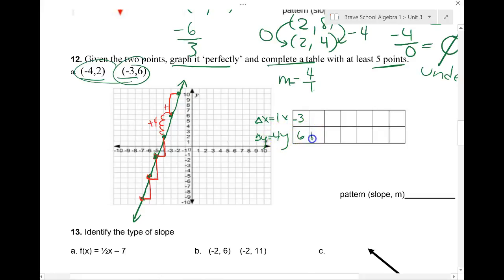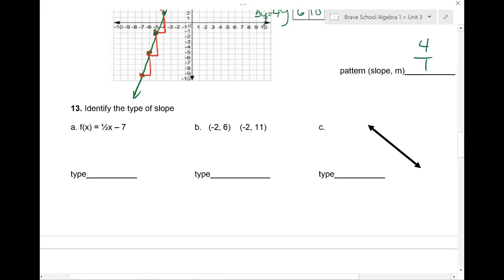If we're going by 4 here, it's plus 4, plus 4, plus 4, plus 4. Okay, and the change in the x is plus 1. So we're starting in negative, so to go plus, the negatives get smaller. Plus 1, plus 1, plus 1. Okay? And that's how you do that. And then you can put your slope over here, 4 over 1. Okay? Now,